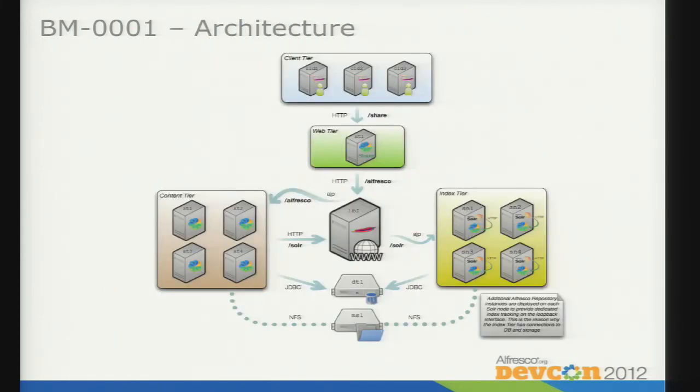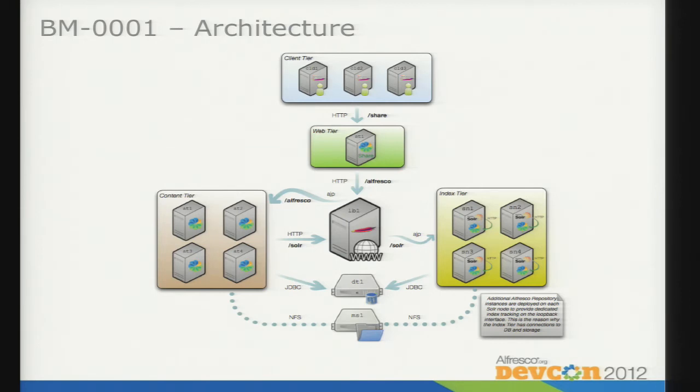The architecture is, I think, pretty standard if you look at the deployment of Alfresco 4. We had 3 client tiers executing the JMeters, passing through one single node for Share, that through a load balancer will go from 1 to 4 Alfresco nodes in cluster. And once again, through the load balancer, Alfresco would connect to one